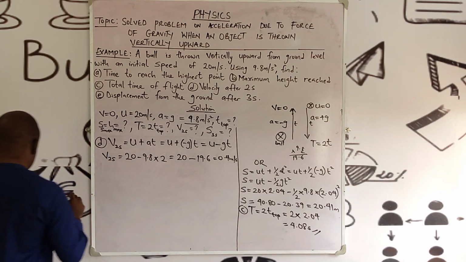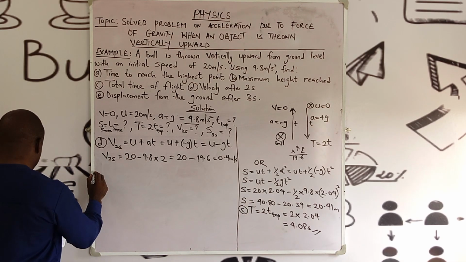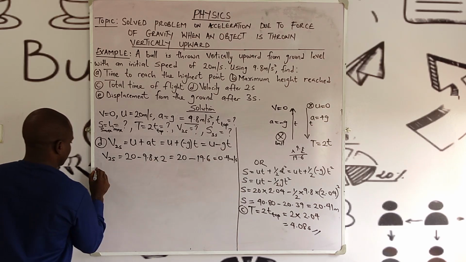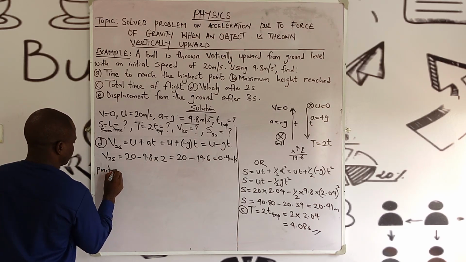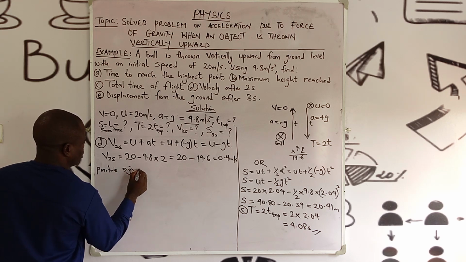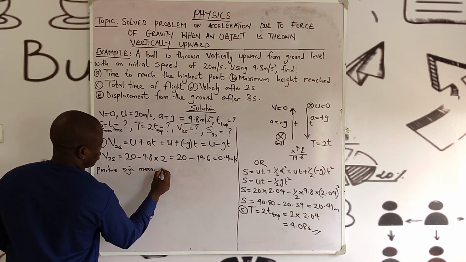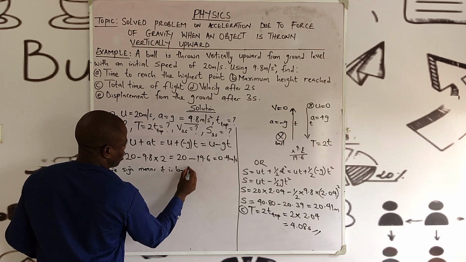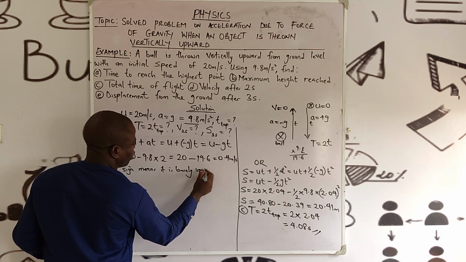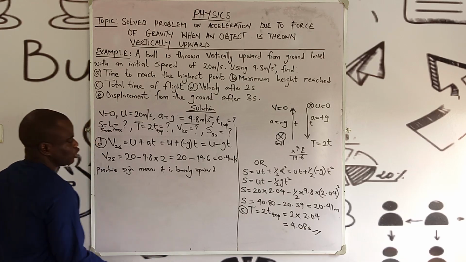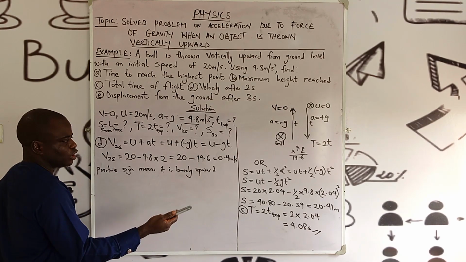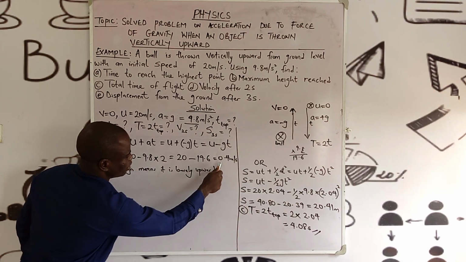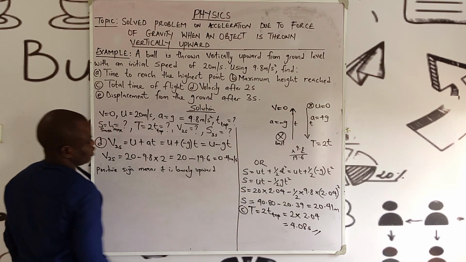Okay, upward. The positive sign that you have here means it is barely upward. The ball is still barely upward. When you throw the object up, I told you that when it's coming down, when it's almost reaching the ground, that's why it is positive. Okay,